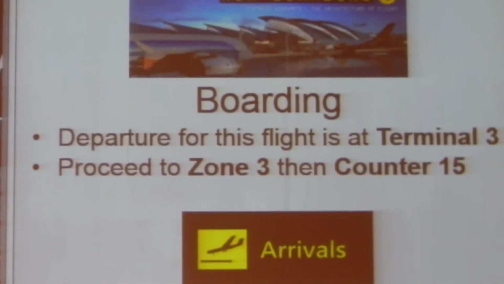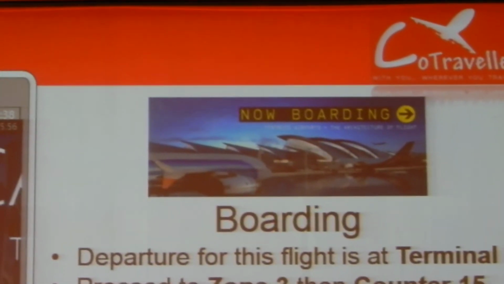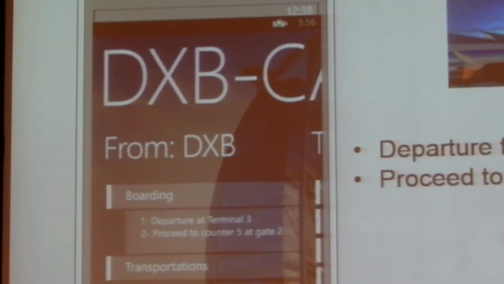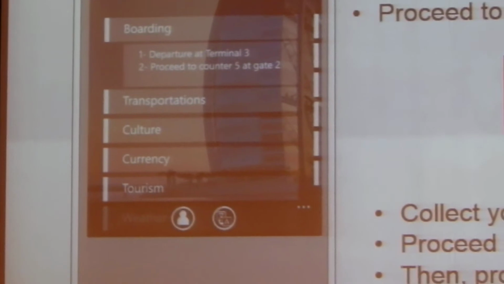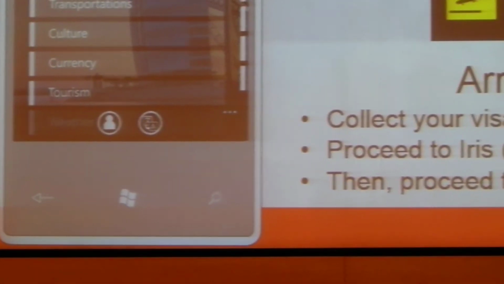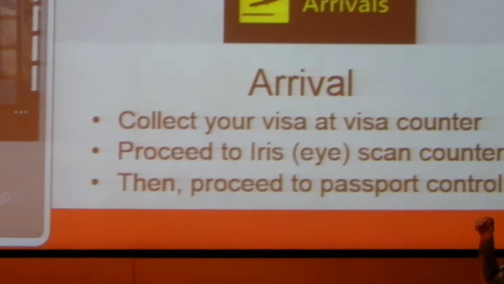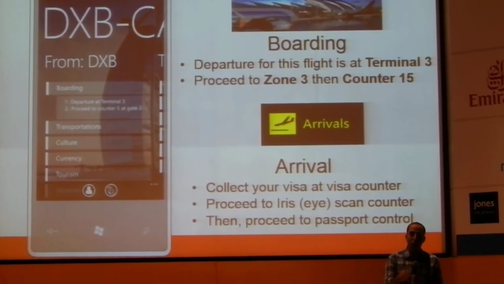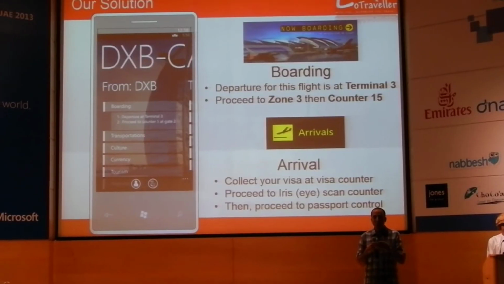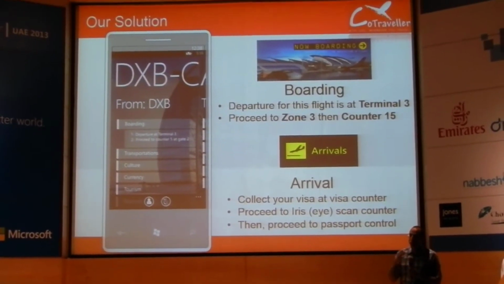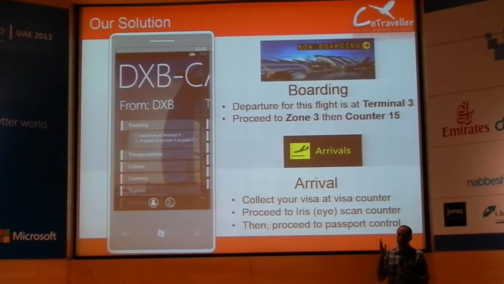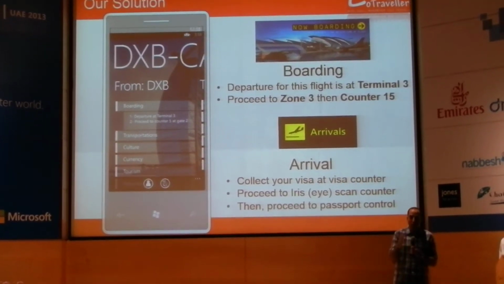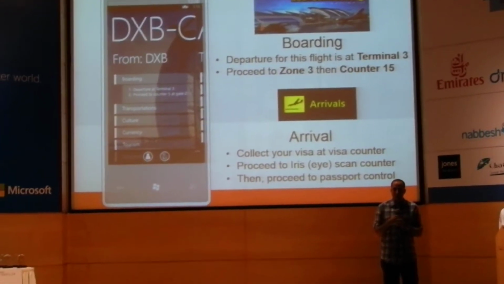The second part is that we wanted to provide a solution for my sister with the iris scan that she has to go to first before going to passport control. So we'll provide some kind of information, some kind of notification about what you should do at boarding or at arrival. For boarding, for example, you'll go to the counters. For example, Dubai airport Terminal 1 has many zones. So when you arrive at the airport, you'll search for the zone, then for the counter. So what if you have this already on mobile? You'll go directly to the zone and then to the intended counter.